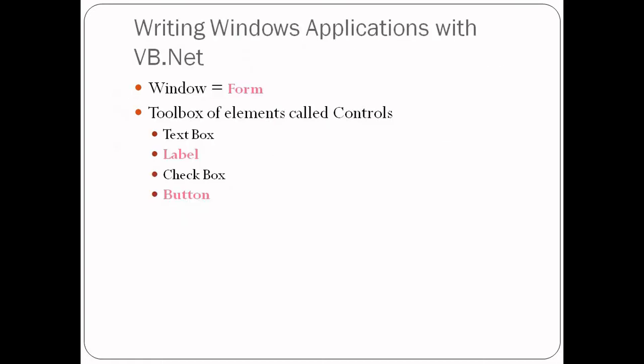Now this is what we have in VB.NET. VB.NET includes something called a form. A form is like a page where we can write anything, where we can include anything. So form is one of the important controls that we have in a VB.NET application. On a form, we can include other interfaces.